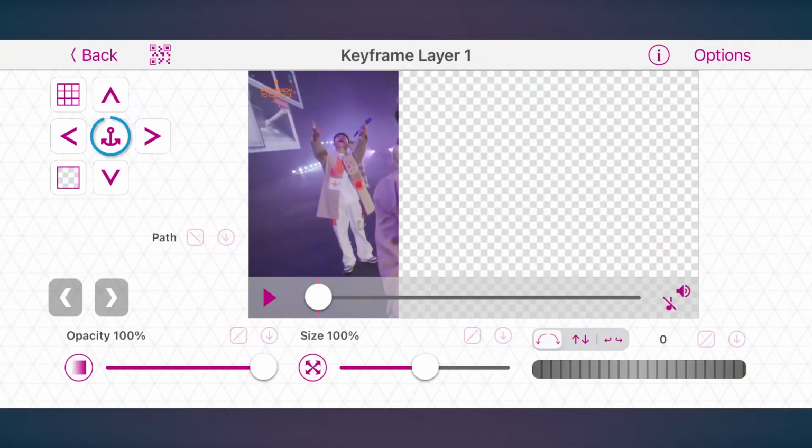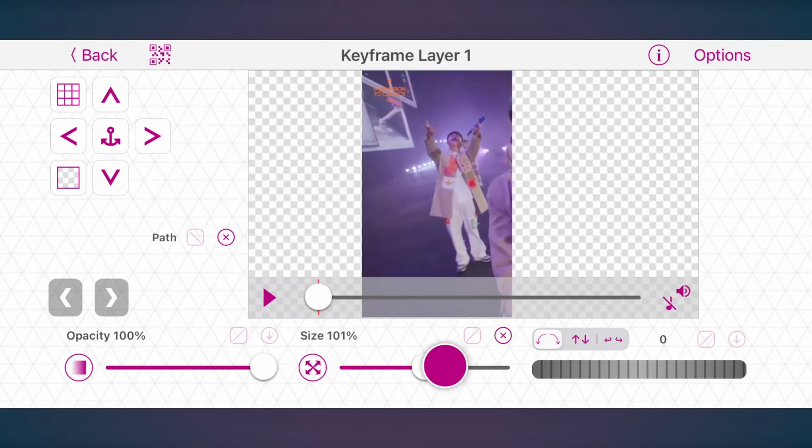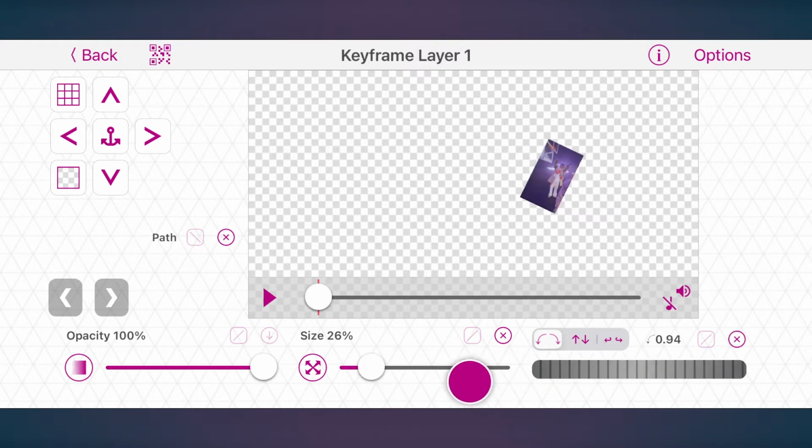The next step will be to slide each layer in with the rhythm of the music, so that would be tap, tap, tap. But to make it a bit different, layers 1 and 3 will slide in from the top, while layer 2 will slide up. So that would be tap, tap, tap. Be careful with the anchor point. The picture or video rotates and scales around it. You won't notice it with this slide, but you will scaling up or rotating.